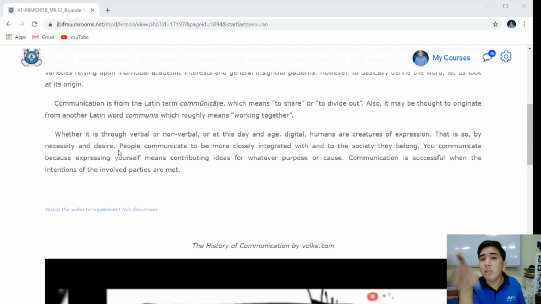What do I mean by necessity? By necessity and desire. Sometimes we speak because we need to speak, right? And sometimes we just speak because we want to speak, and that's desire. Example sa necessity, because we are in need really to speak. Kinanglan tagi mag-speak when our teacher, in the context of school, calls out our name and we need to answer, so we need to speak because someone is trying to get information coming from us.